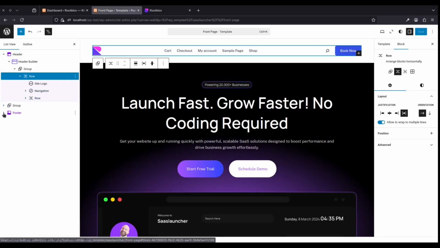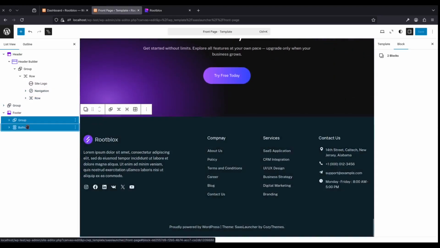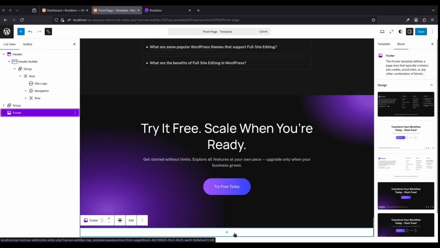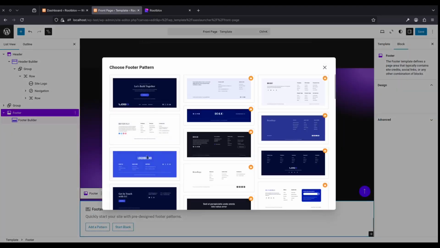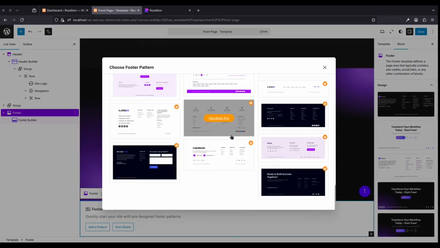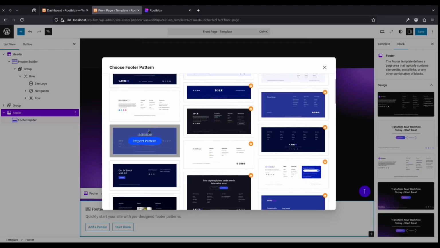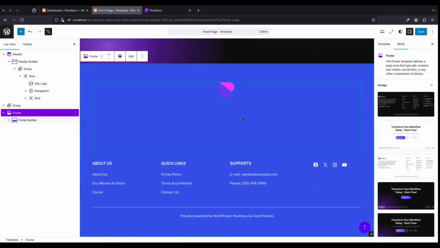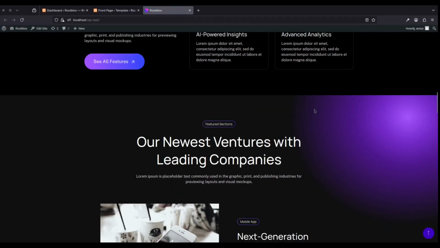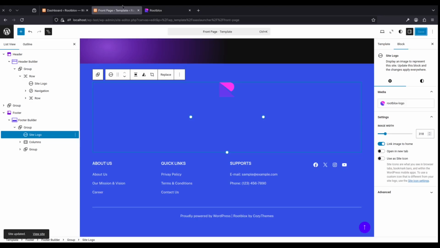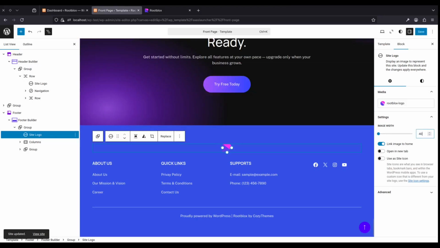And for the footer as well, I'll be removing the current footer, and similarly I'll be adding the footer builder block, and you can choose from the variety of patterns available, so whichever suits your need the best. So this is the current one I have. Okay. And there we go. So I'll just adjust the size right now to maybe 40 pixel,